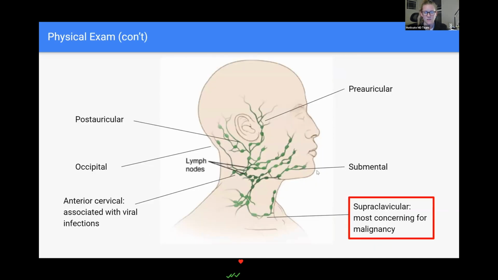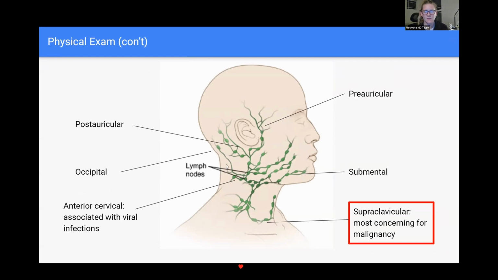I mentioned earlier that she had a supraclavicular lymph node. And I just wanted to point out that there are these different regions of lymph nodes in the neck that are classified by their location. The ones that we associate with cancer or malignancy or metastasis, especially with the thyroid, are these supraclavicular ones, the ones above the clavicle, above the collarbone. The ones that are higher up, like these anterior cervical ones in the middle of the neck, or the ones just under your jaw, tend to be more associated with viral infections like strep throat,